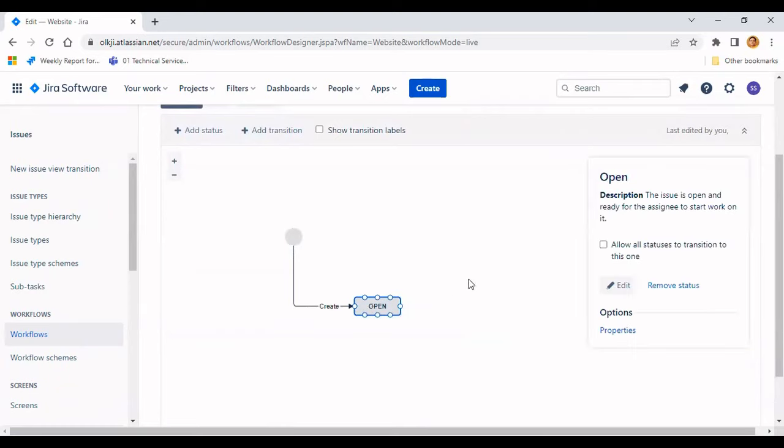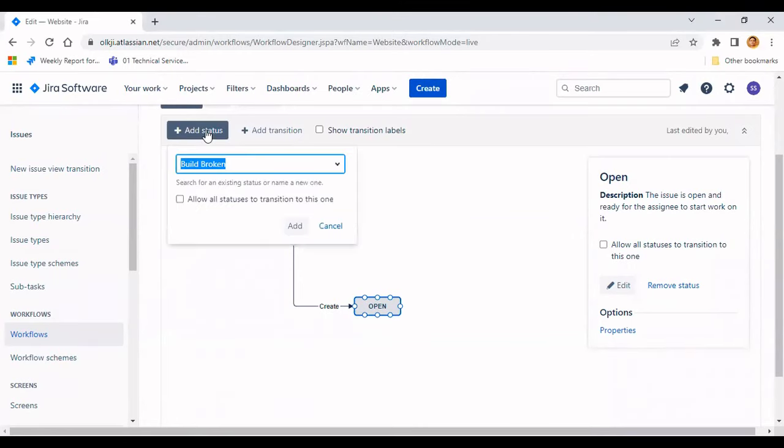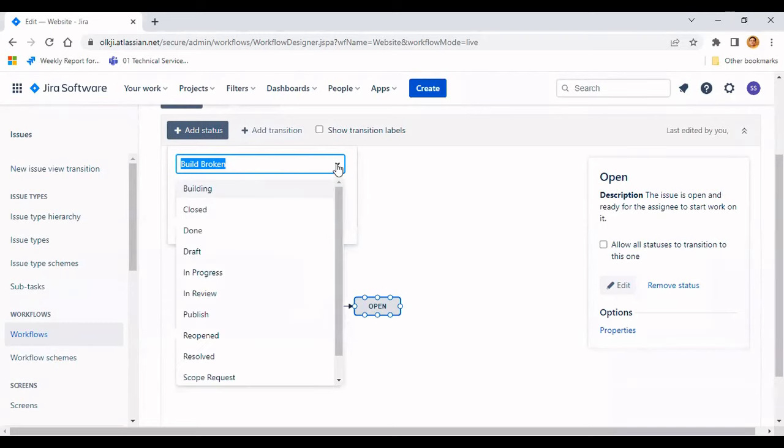If you remember that particular flow which we have created, let me show you one more time. Okay, so we have something called scope request. Now we need to add the status. If you can see, by default we are getting a lot of statuses.